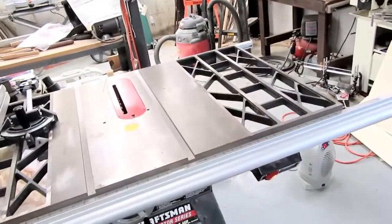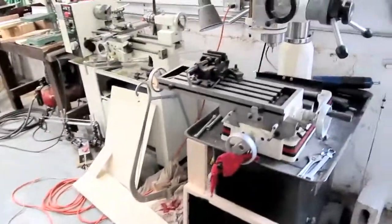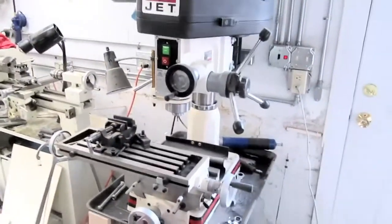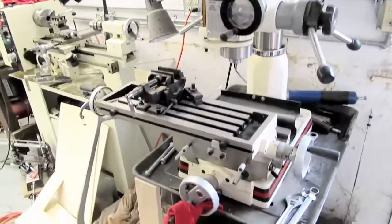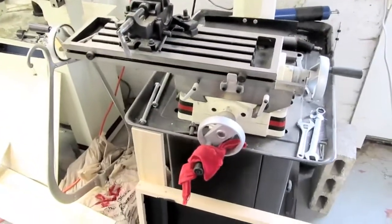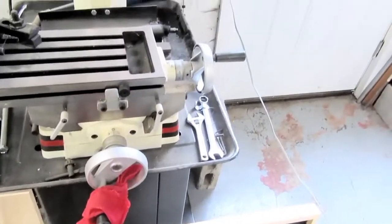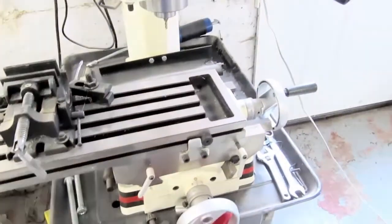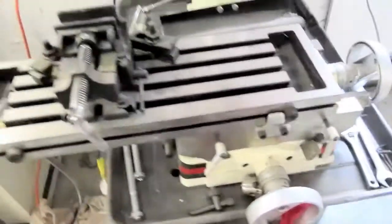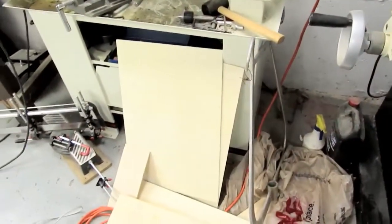I can twist it at an angle and even get longer pieces in there by going at an angle. And a Jet mill drill, which I use rarely, but it's nice to have. You may ask why the table's way off to the side, and that's because the door to my backyard is right there, and if I don't have it over to the side, every time I come in here I get caught on that handle. Right now I've got some woodworking projects going on, so I'm piling up woodworking stuff here,